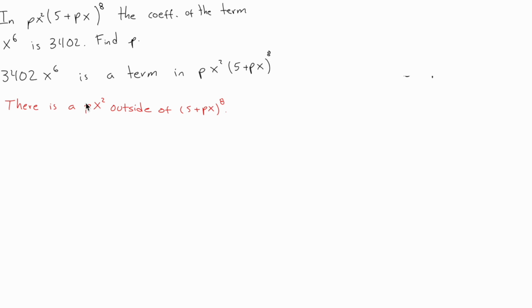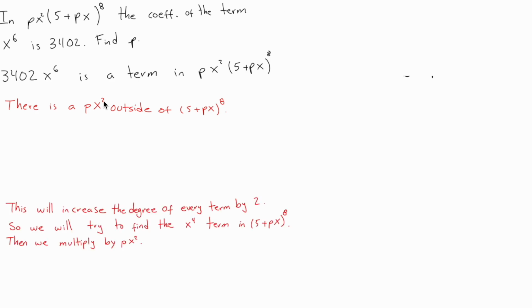By doing this multiplication, I am increasing the power of x, because whatever power x gets after this expansion, I'm going to add 2. That happens when you multiply x squared times something: you add the exponents. So this multiplication will increase the degree of every term by 2. So instead of finding the term